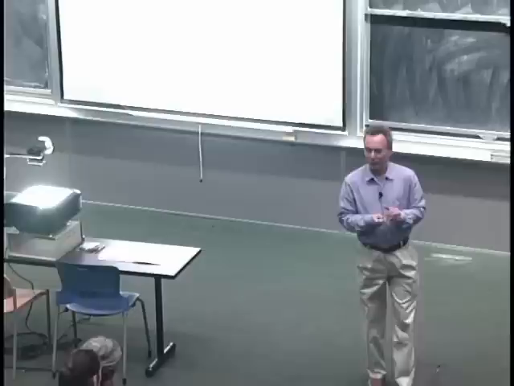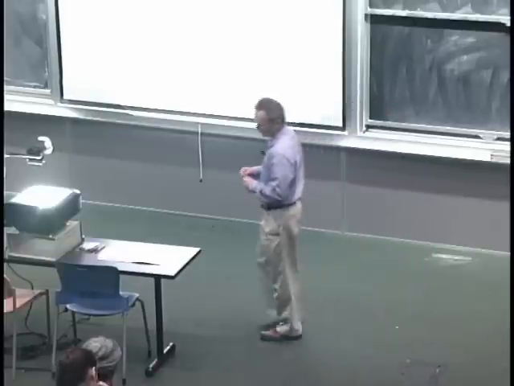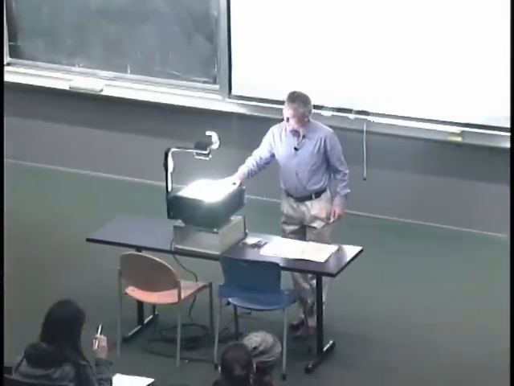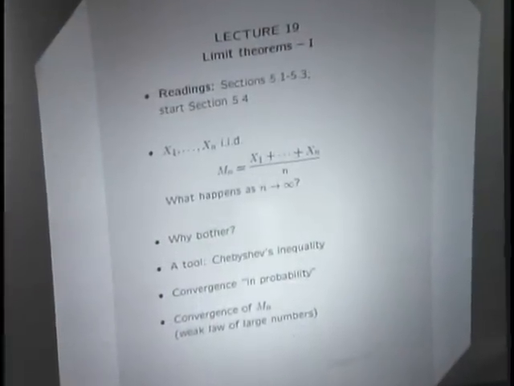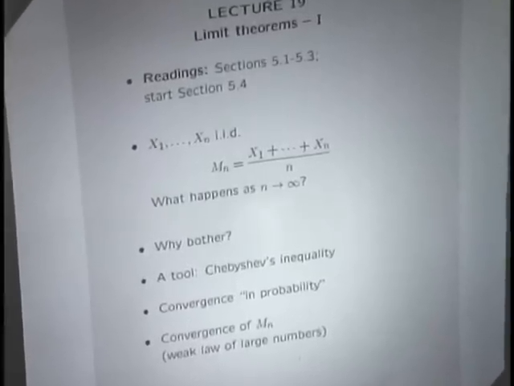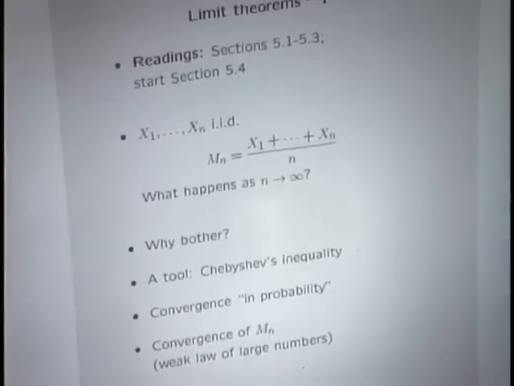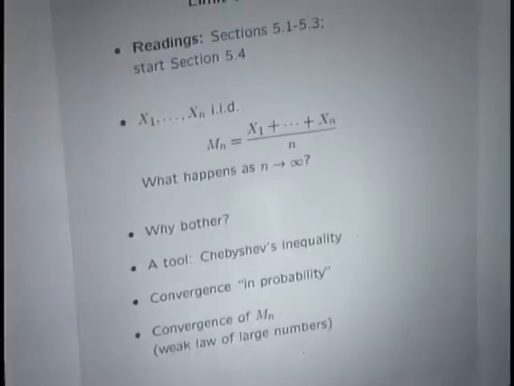We're going to start today a new unit. So we will be talking about limit theorems. Just to introduce the topic, let's think of the following situation. There's a population of penguins down at the South Pole, and if you were to pick a penguin at random and measure their height, the expected value of their height would be the average of the heights of the different penguins in the population. So suppose when you pick one, every penguin is equally likely, then the expected value is just the average of all the penguins out there.